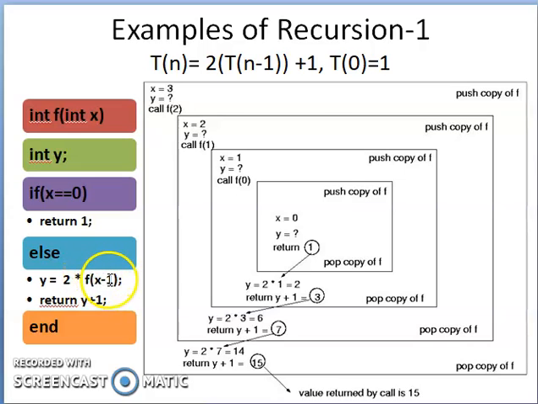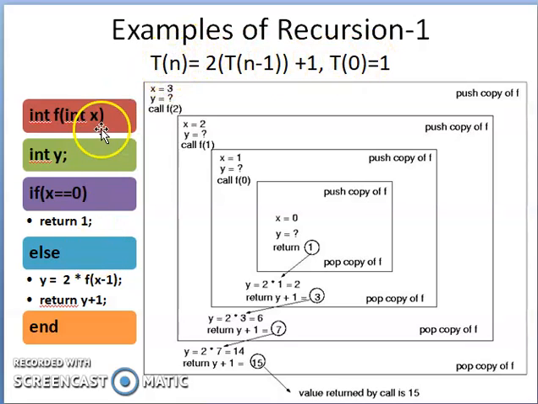So this is the reduction towards the base case, where I am invoking the function again with an argument which will take me closer to the base case. And then we return the value of y plus 1. So basically this is an implementation of a recurrence relation in which we are calculating t of n. And how is t of n defined? It is defined as 2 into t of n minus 1 plus 1, and the base case is that t of 0 is equal to 1. So this particular function is going to solve this recurrence relation.